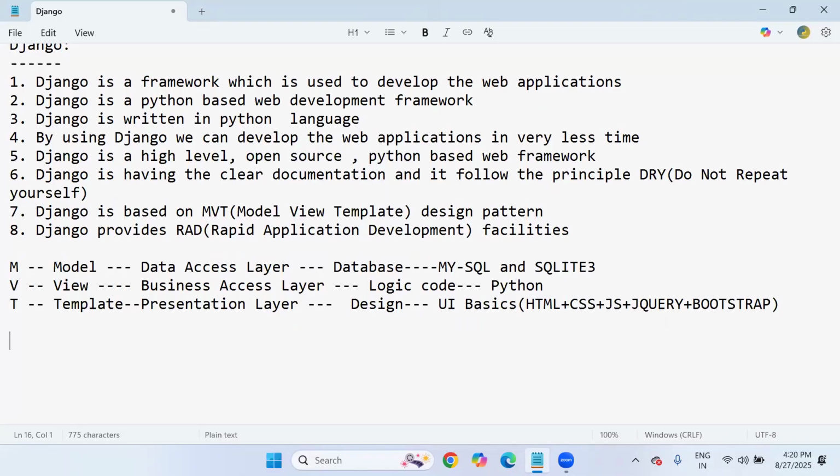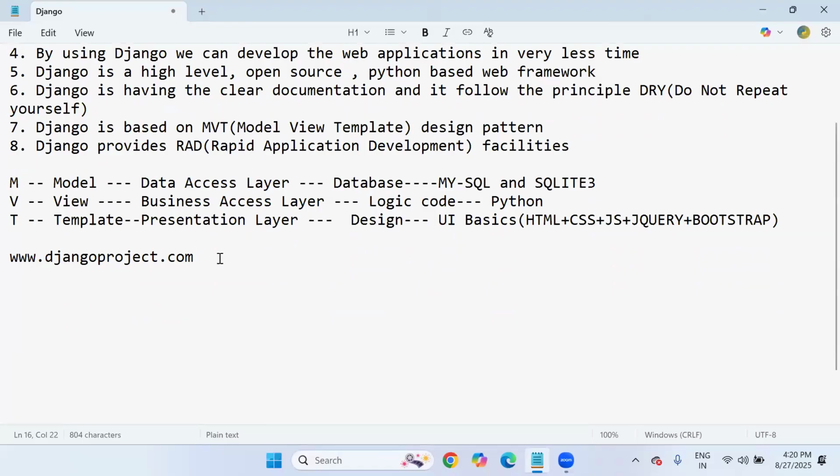Okay, now let's come to the Django history. First of all, the official website of Django is www.djangoproject.com. You know about the official website of Python, right? www.python.org. Similarly, if you want to follow the complete documentation section of Django, I recommend visiting the www.djangoproject.com website. So let's see how it looks once we visit it.